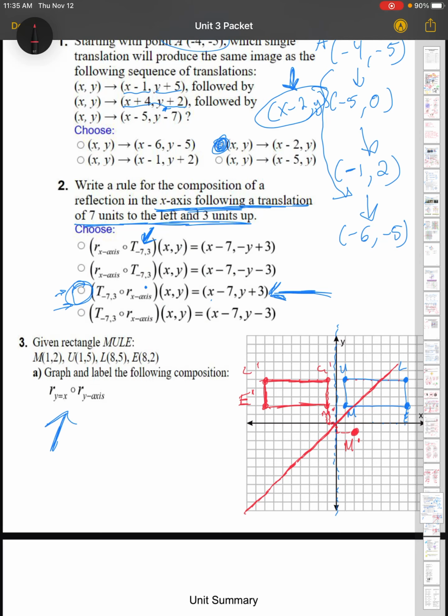This one was down 5 over 1, so now I go over 5, down 1. So there is U prime. And same for L prime. It's 7 units away. So there it would be after a reflection in the y equals x axis. We would have point L over here and E over here. The key thing here, guys, is to make sure you're doing the transformations in the right order. This is my first one, and then my second one. We read right